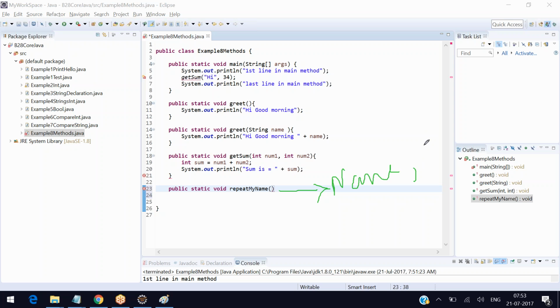Okay, now that is what I'll be doing in this method, guys. That is what I'll be doing. So I'll say string name, comma, int number of times